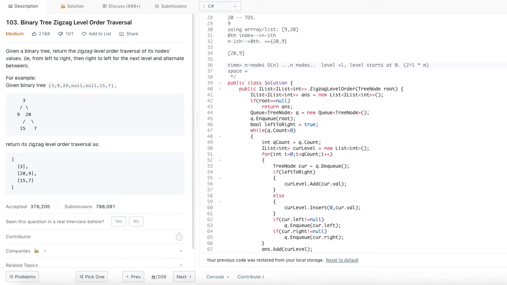So the overall time complexity will be order of n plus m into 2 power L.